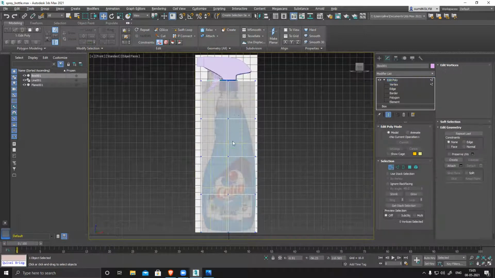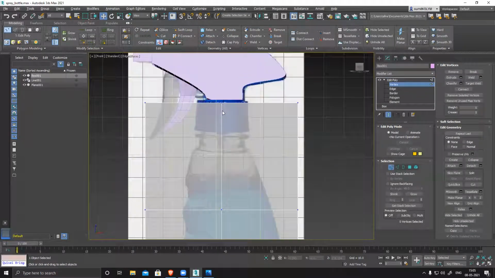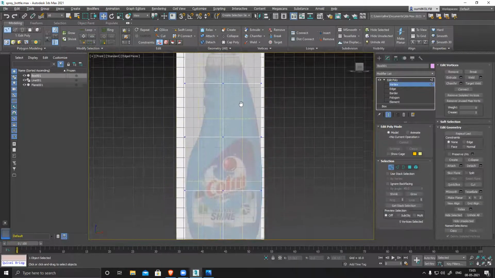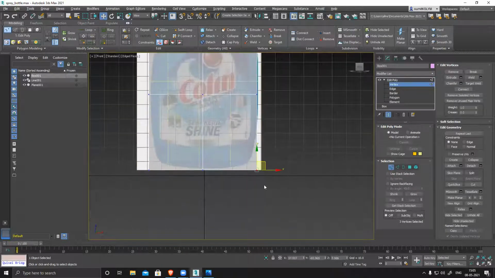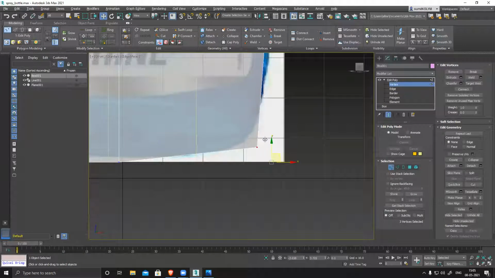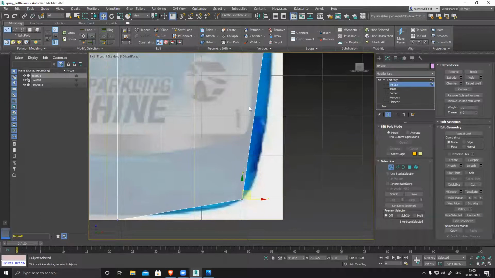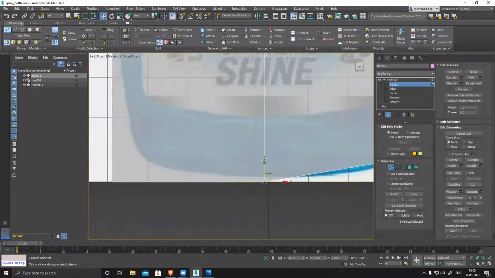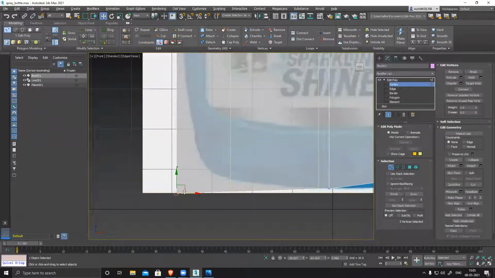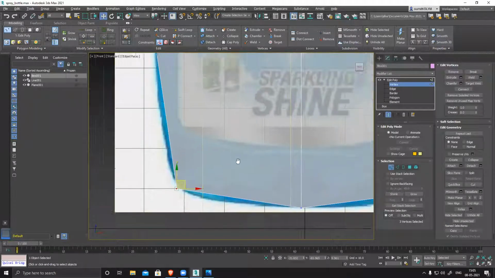I'll go to vertex mode and check. This is all corner. I have to snap front view. Forget about all this, because I have very limited polygons, that's why those distortion and angle issues will be there.